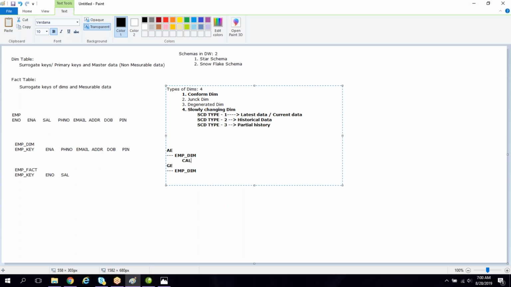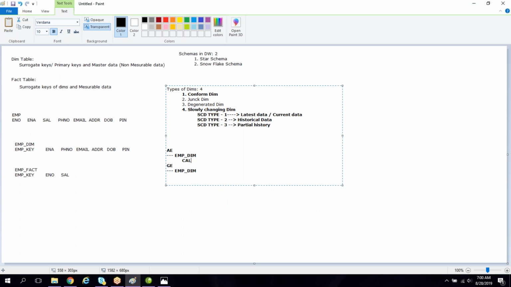For example, stock market information. If you have created any dimension to store it, then we know that the stock market data would keep on changing every second or every minute. Such type of dimension, we call it a junk dimension. We never see such type of dimensions in real time, very rare. So junk dimension means if any dimension values keep on changing every second or every minute, then such type of dimension we call a junk dimension.